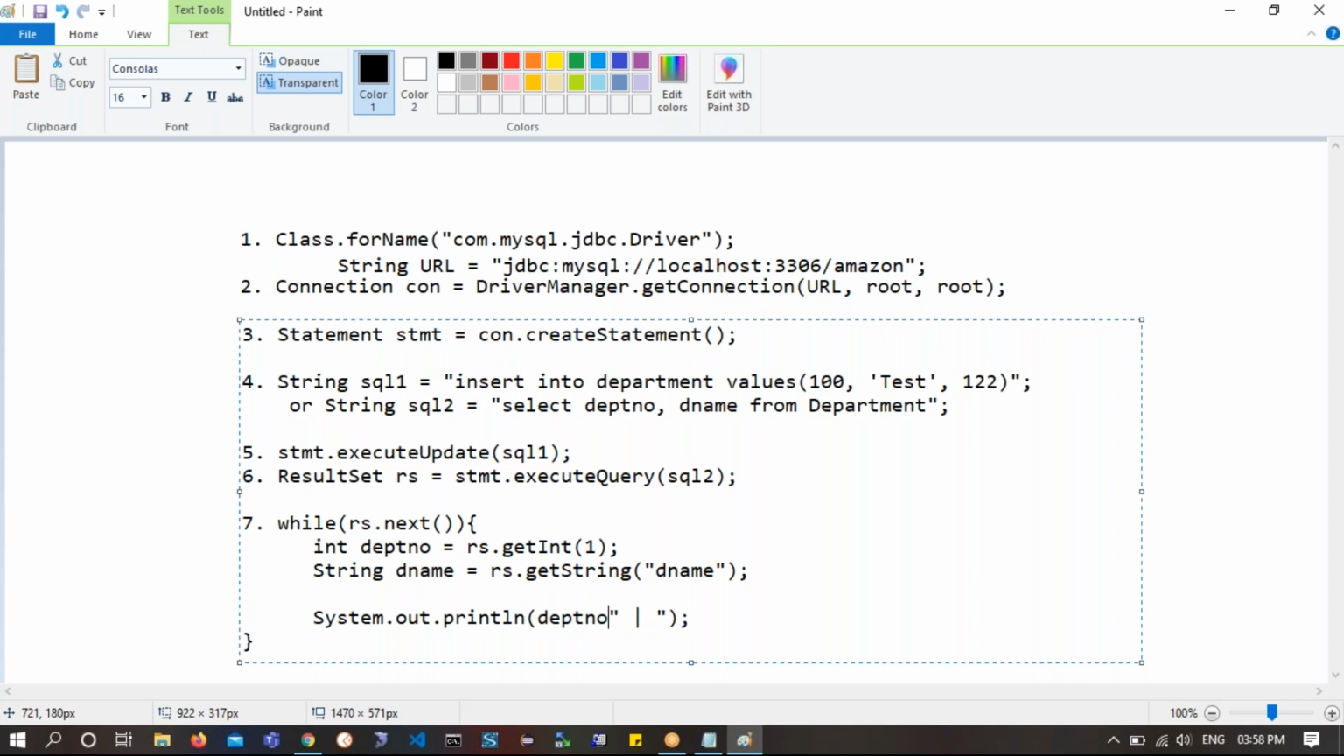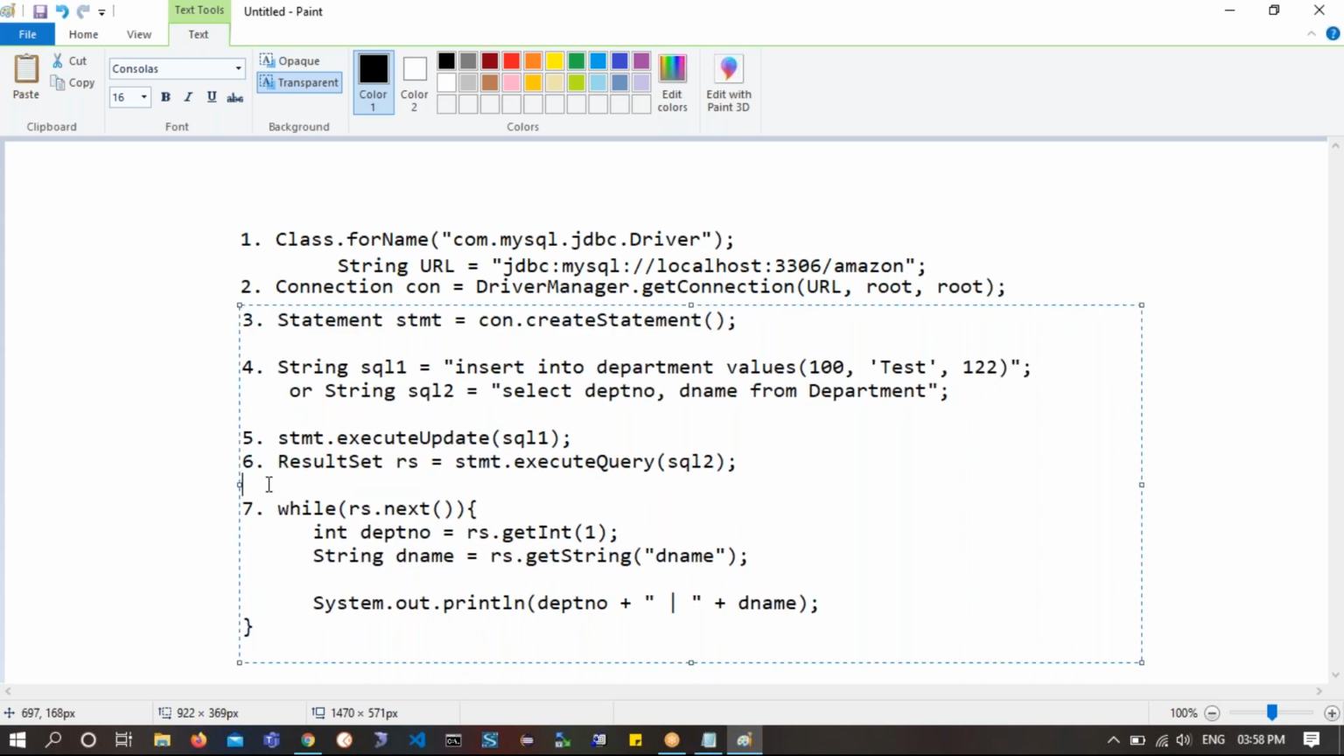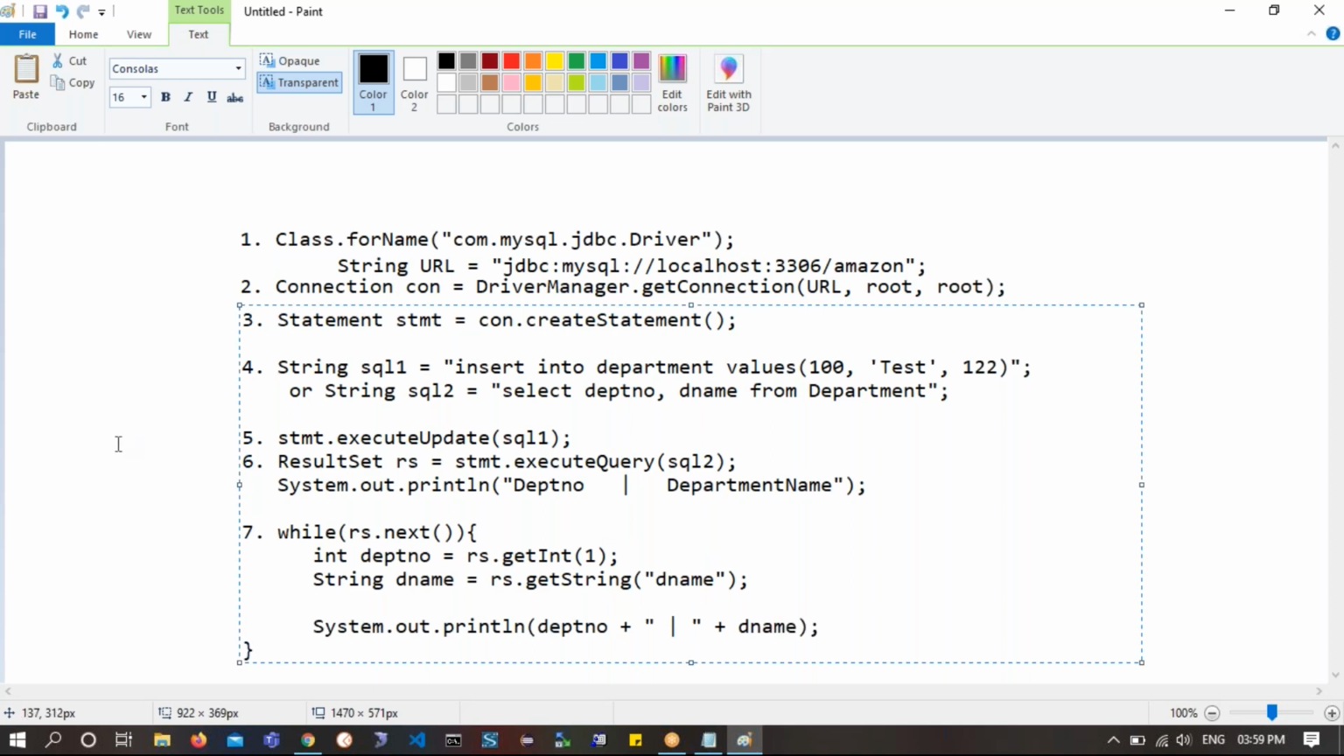So deptno and department name, something like this. On the top of this, I will also print a heading with System dot out dot println: department number, department name. Okay, and then